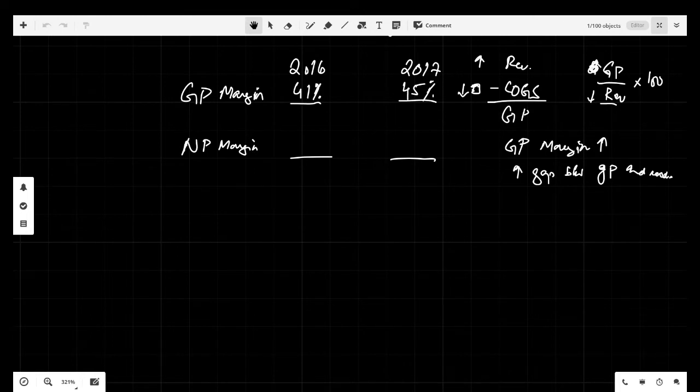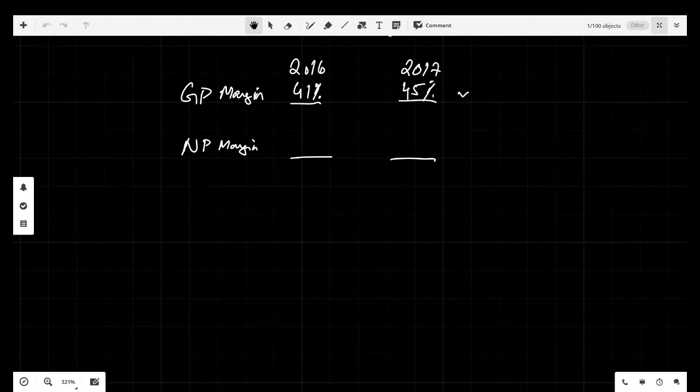Let's quickly calculate the net profit margin for 2016 and 17. Net profit margin is again net profit over revenue into 100. Net profit margin is net profit times 100 divided by revenue. So for 2017,